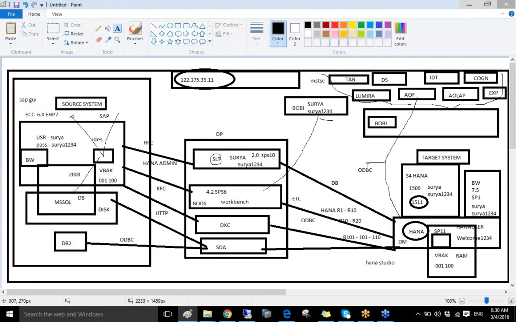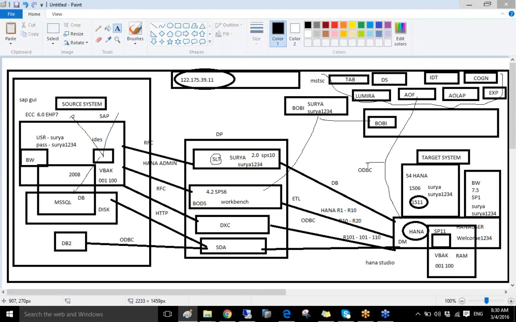participants who are at the solution architect level or any others who are already familiar with the SAP environment, probably they can try to see this. But again, whatever topics I'm discussing here, we will discuss again in each of the sessions very detailedly. This is only to give a high level